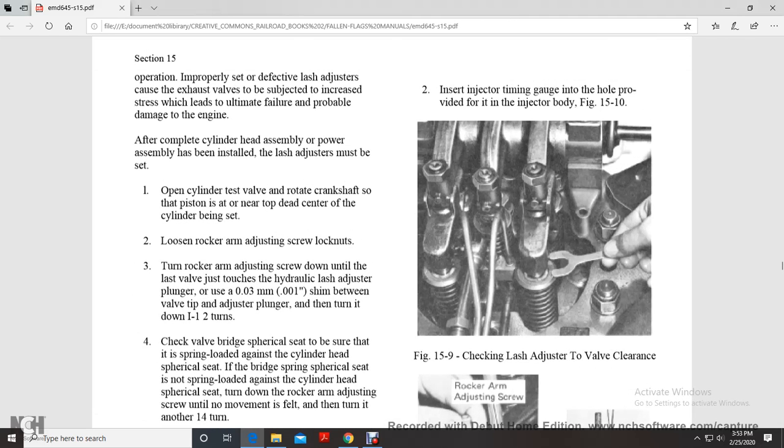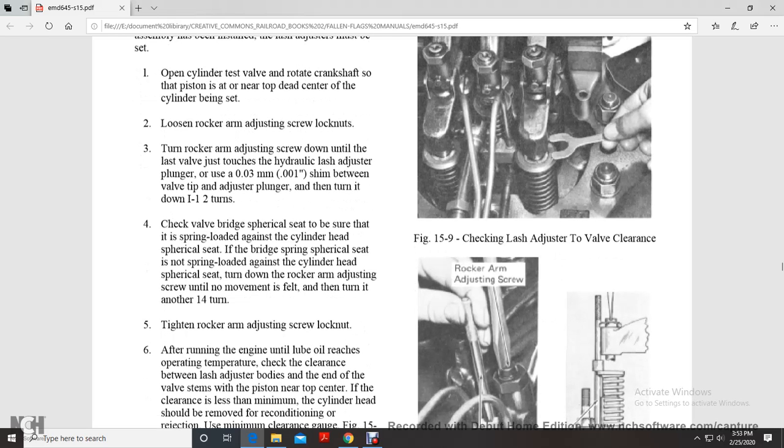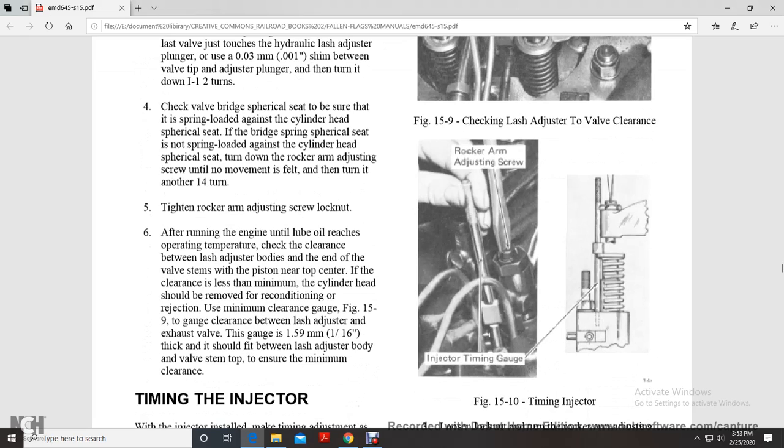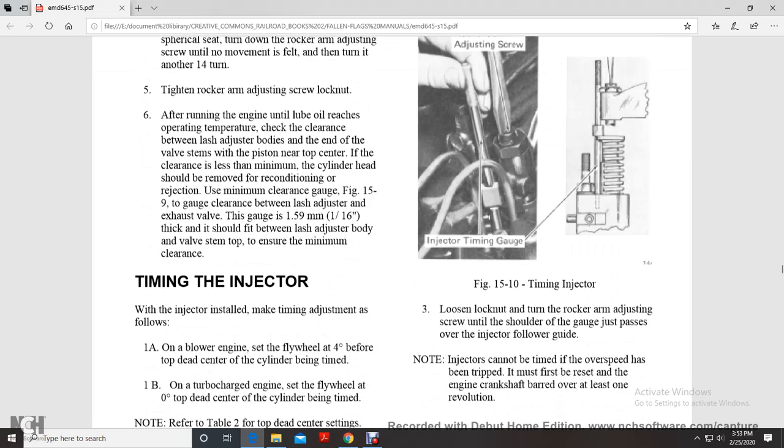Insert the injector timing gauge in the hole provided for the injector body, figures 5-10, 12 and 15-9. Check the lash adjuster valve clearance. Then, at the injector rocker arm adjusting screw, use the injector timing gauge. Loosen the lock nut and turn the rocker arm adjusting screw until the shoulder gauge jaws pass over the injector follower guide. Injectors cannot be timed